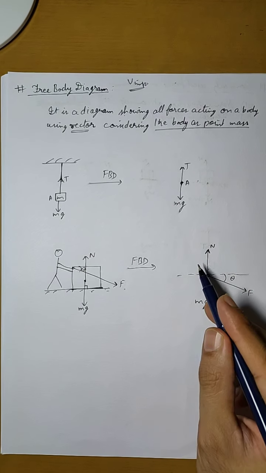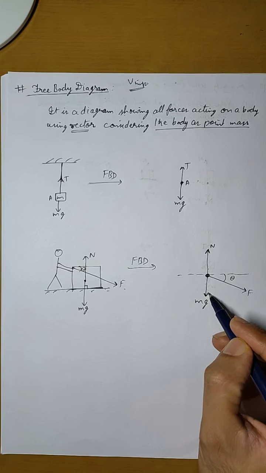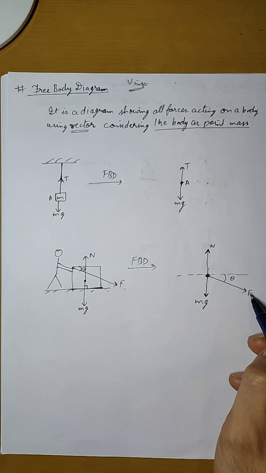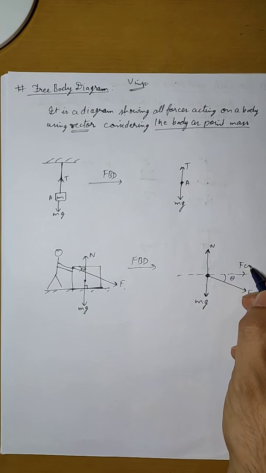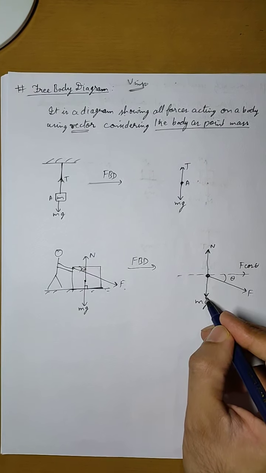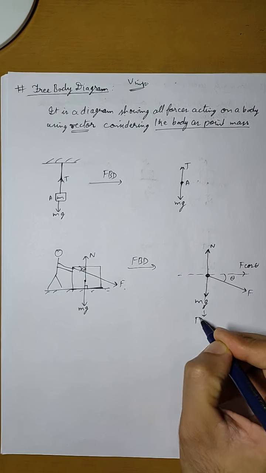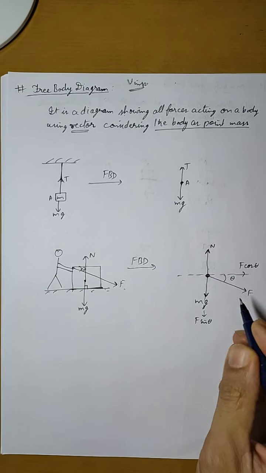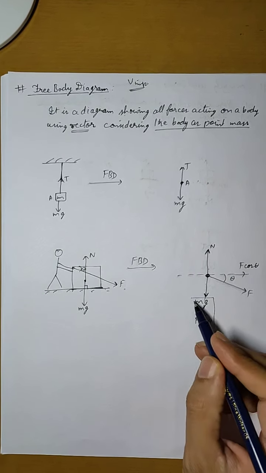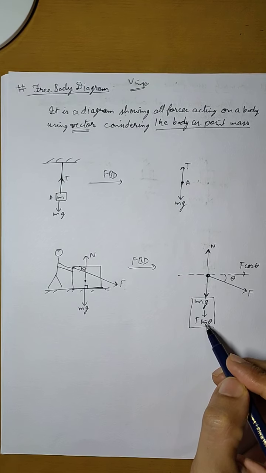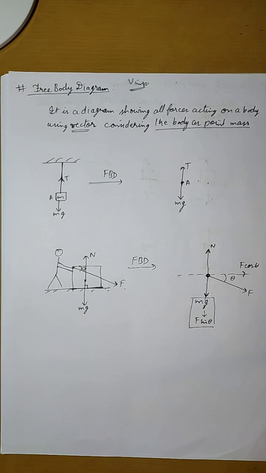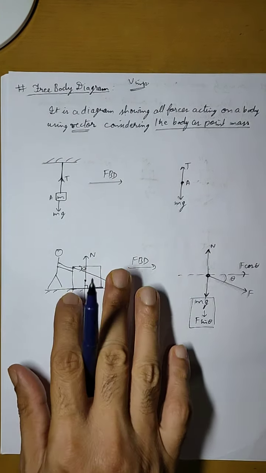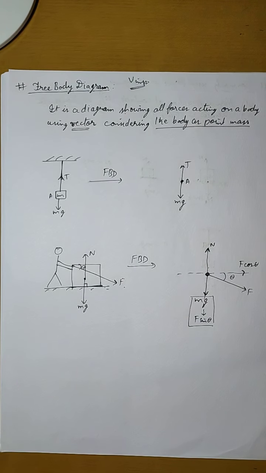Now with the use of this free body diagram, we can also find the rectangular components of F. If we divide F in the rectangular components, then in this direction there will be F cos theta, and in this vertically downward direction there will be F sin theta. So the total force in the downward direction will be mg plus F sin theta. F cos theta is in this direction, and normal reactionary force in the upward direction. So this is what is meant by free body diagram. Make sure you understand this concept, which is going to be used very widely.